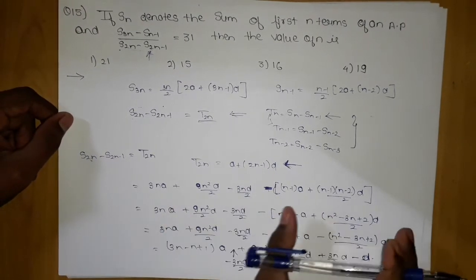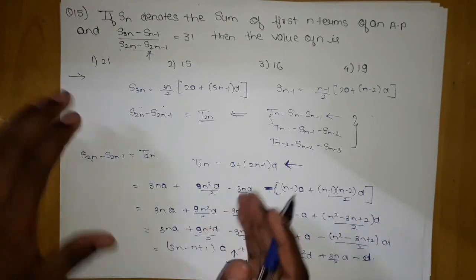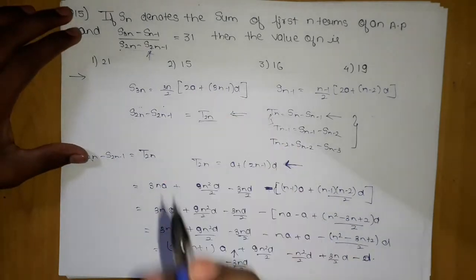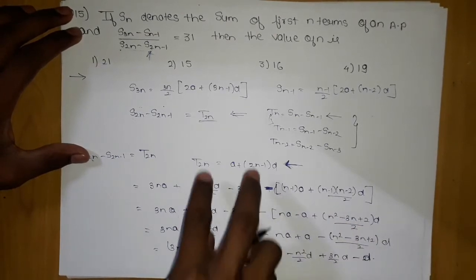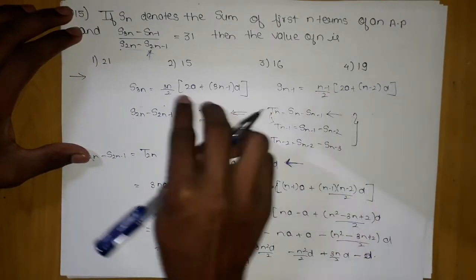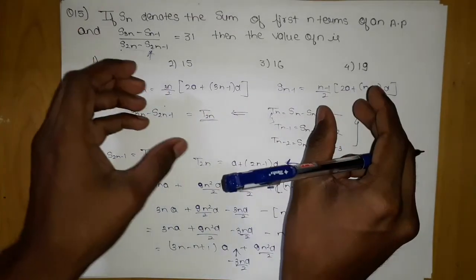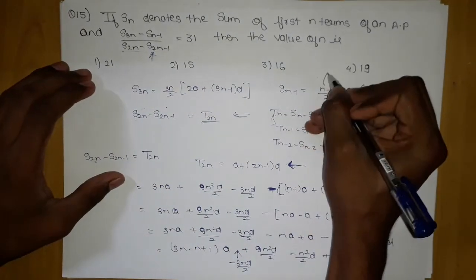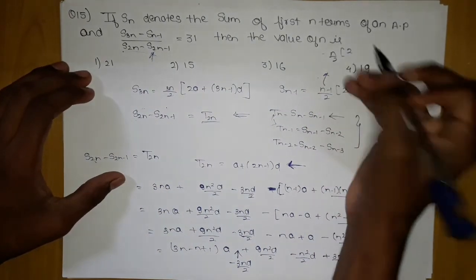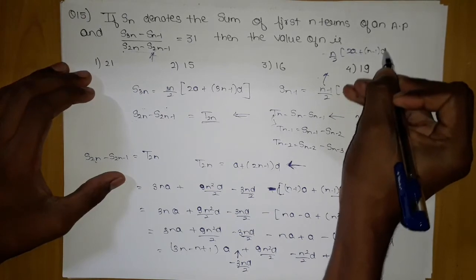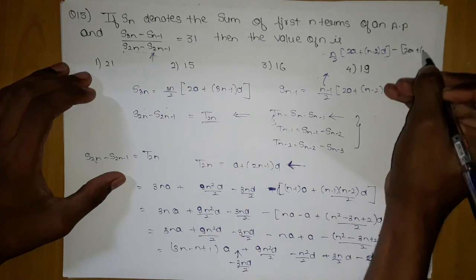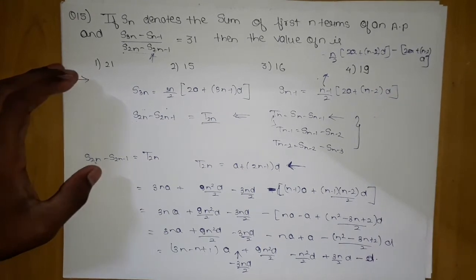And after that we just directly applied. Don't try to do this thing, that if I am getting to take n minus, separate this thing. We can clearly see that after doing this thing, you will get cancel out. One more thing which I was mentioning, that if you solve this, this is n minus 1, this is 3n. Children, what do they take? 3n minus 1 and n minus 2, and this thing, multiply them and solve them separately. I mean like this, breaking it into 2a plus n minus 1 into d. The process doesn't change, n minus 2, and then separately minus 2a plus n minus 2 into d. The process doesn't change, only calculation differs.